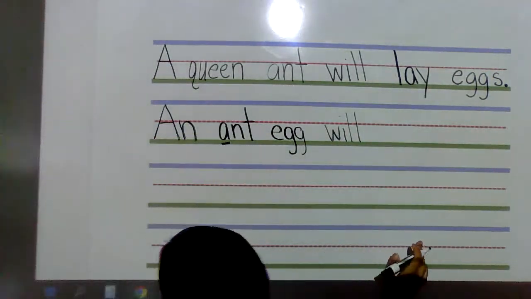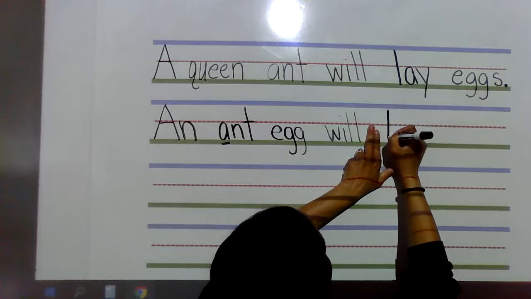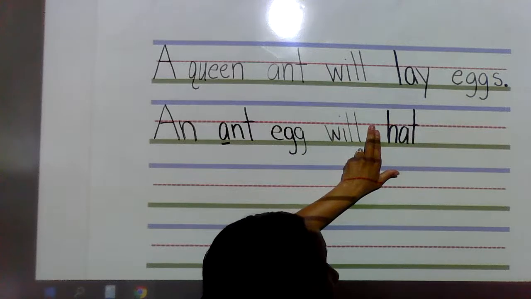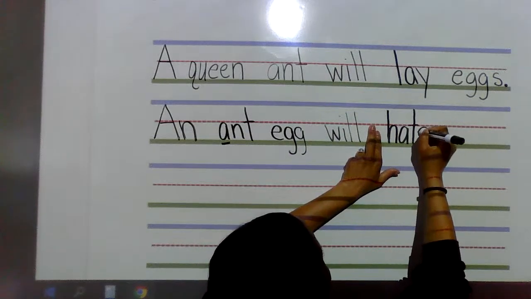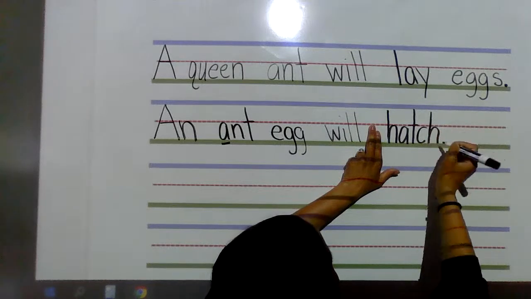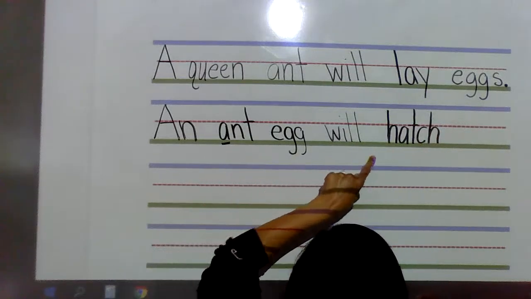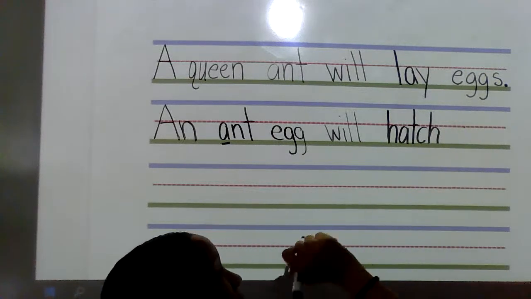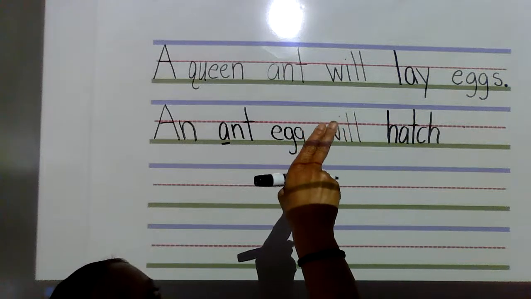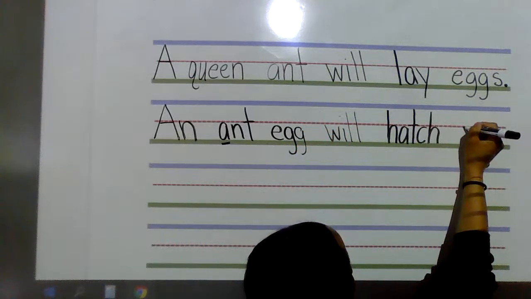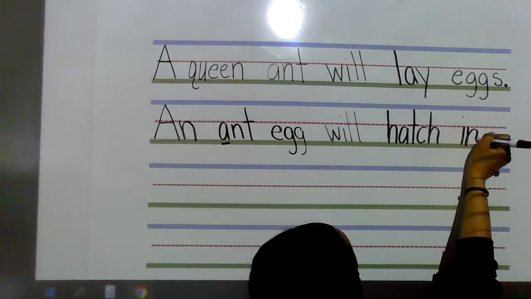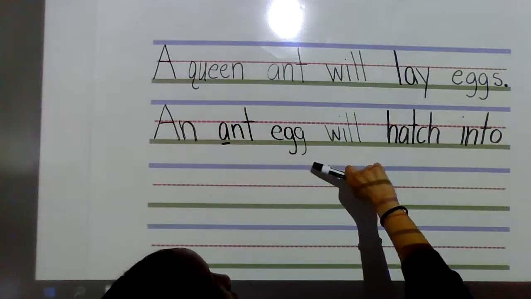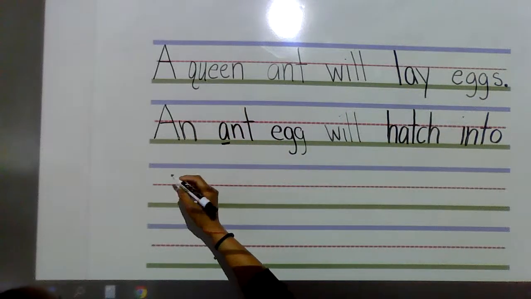And an egg will hatch. Oh, I hear a, at. Look at that. Hat. And see that sound. Hopefully you're saying CH. Write a CH. There we go. Hatch. An ant egg will hatch into. Into is also a power word. Not only is it a power word, it's a compound word. That's when I take 2 words, I put them together to make 1 word. Spell in, I, N, and then to, T-O. Look at that. An ant egg will hatch into a